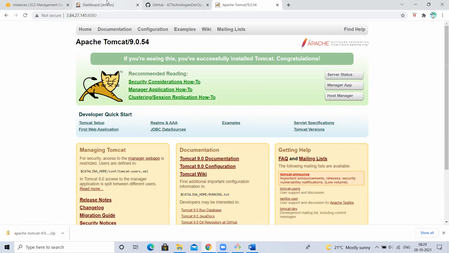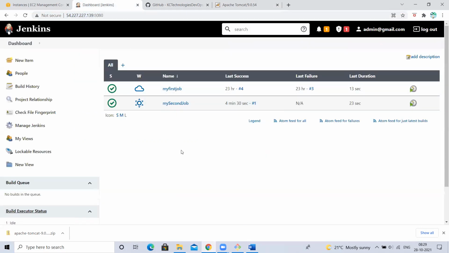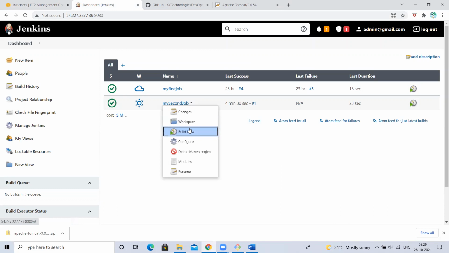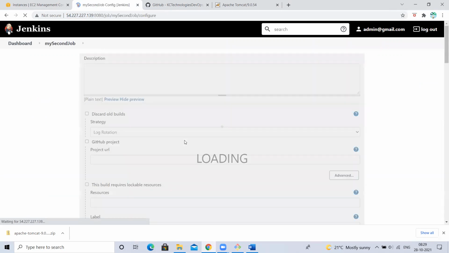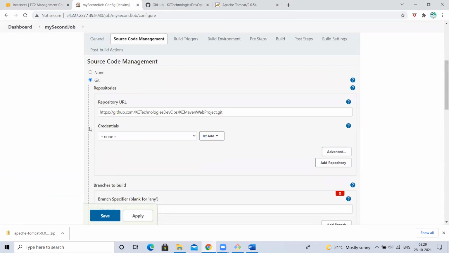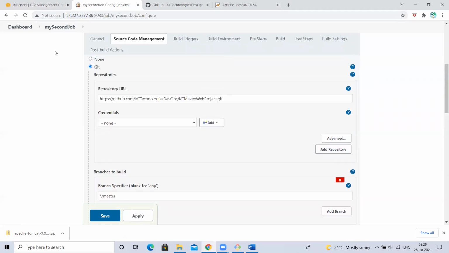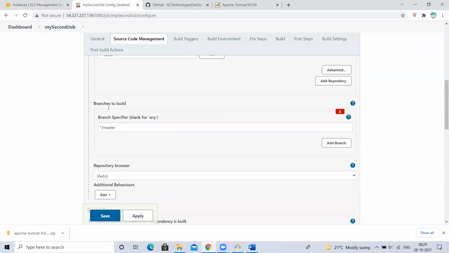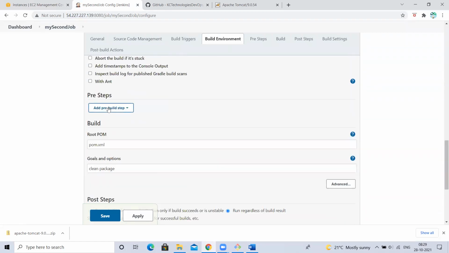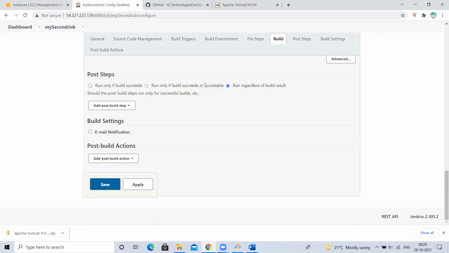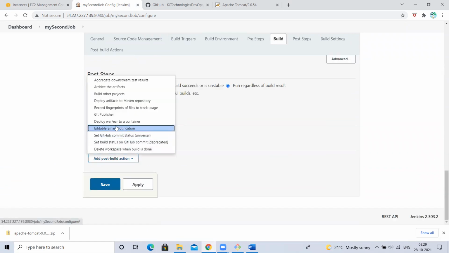It's working fine. Now what I want to do is go to this job. I want to change the configuration to deploy my application into Tomcat. In my Jenkins, I'm taking the code from GitHub. I created this second job, getting the code from Git, then building with Maven. I want to deploy into Tomcat. So I don't have that option.